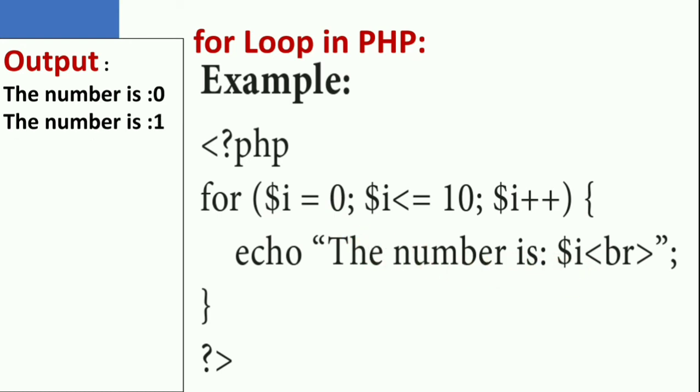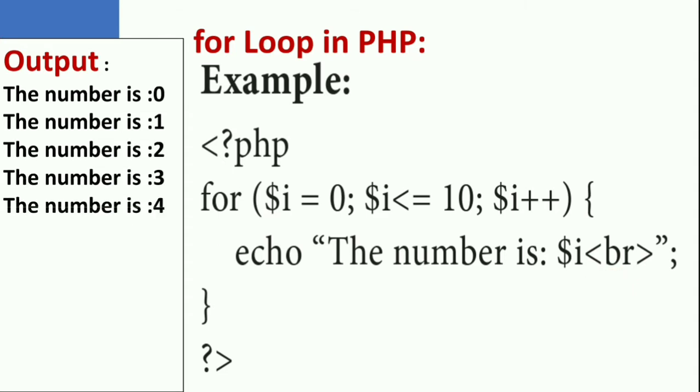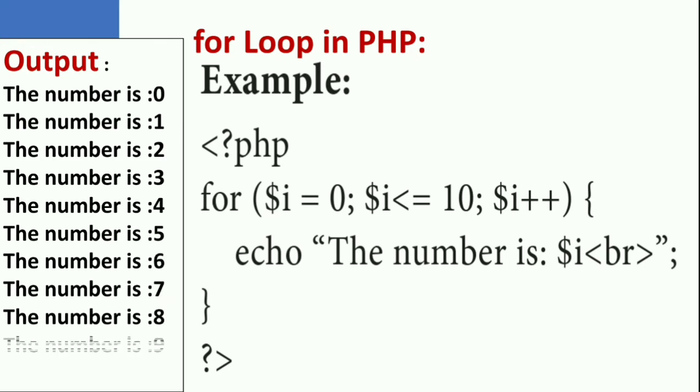And the second time it is 1. Why is it printed on the next line? Because of this break statement. And it keeps going, third time, fourth time, and so on. Up to 10 you have to print all the numbers. So after 10 this program will not work because the condition turns false. If the value of I is 11, the condition turns false here.